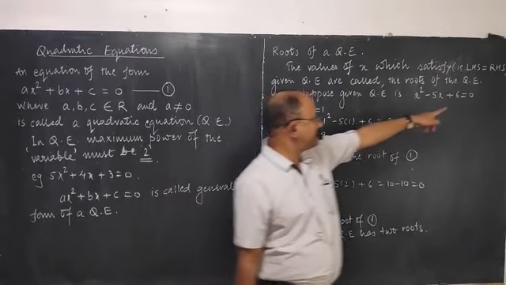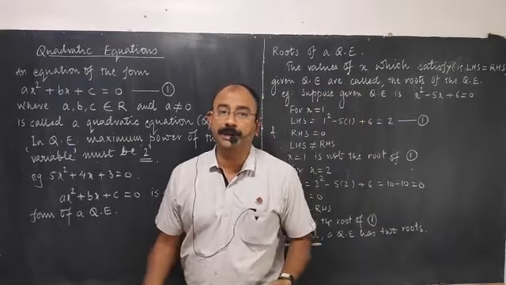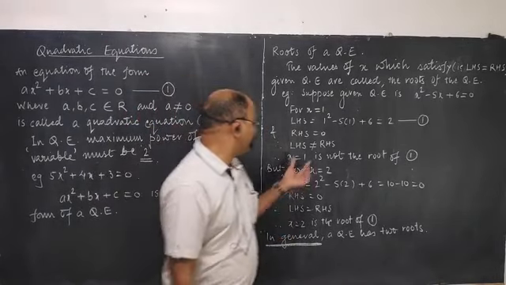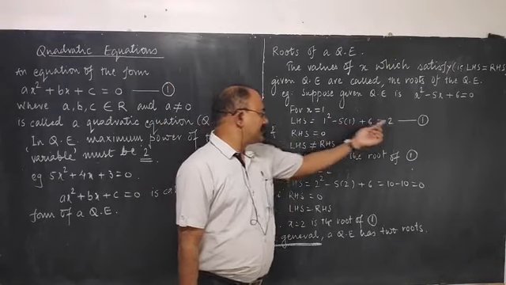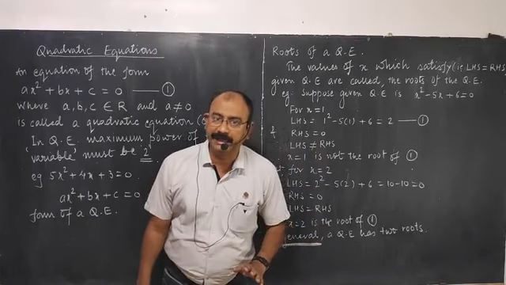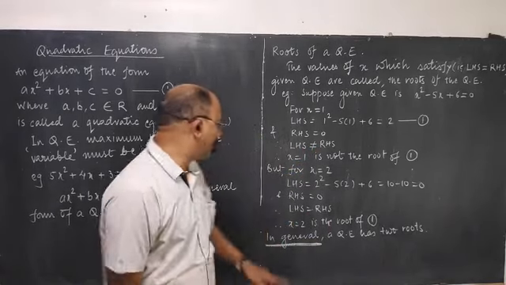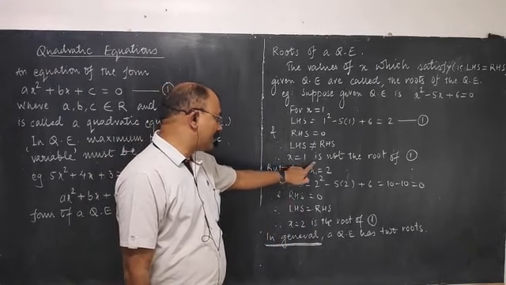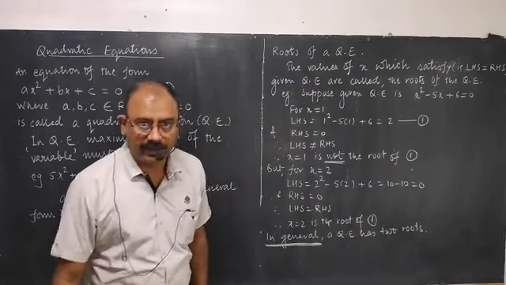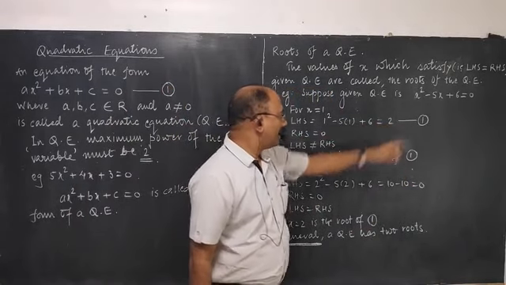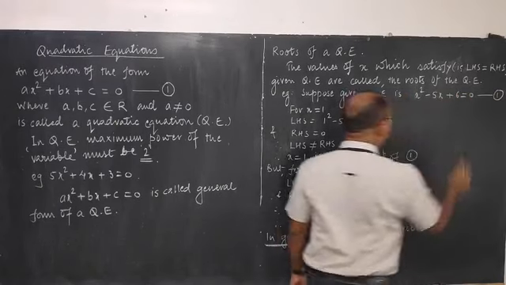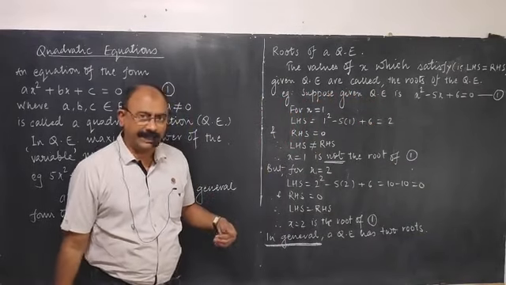And the value of RHS is 0, that is already given to you. You have no scope of putting the value of x there. So what do you observe? The LHS is 2, RHS is 0. That means LHS is not equal to RHS, and therefore we will say x is equal to 1 is not the root of the quadratic equation 1. This is quadratic equation 1. Clear?